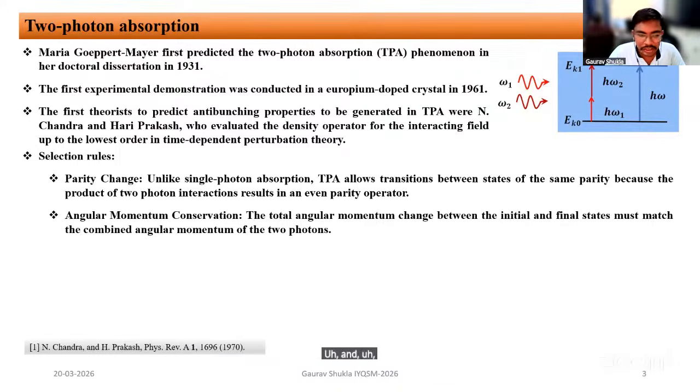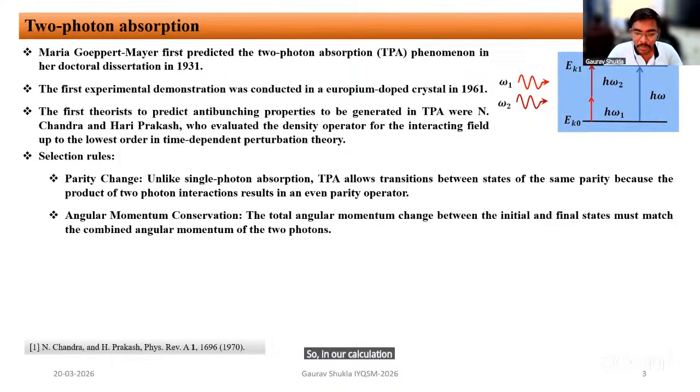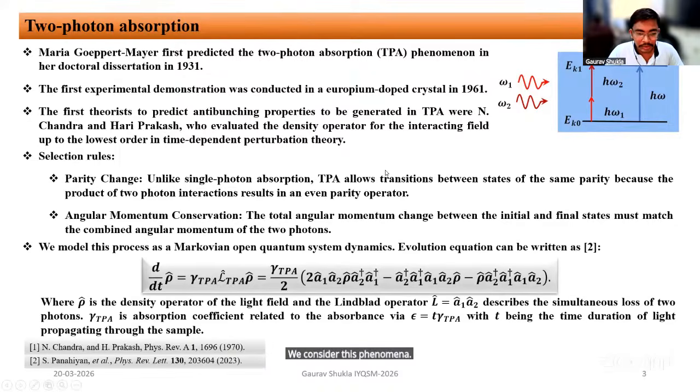And the other one is angular momentum conservation. It demands that the total angular momentum change between the initial and final state must match the combined angular momentum of the two photons. So in our calculation, we consider this phenomenon by using Markovian open quantum system dynamics, where this